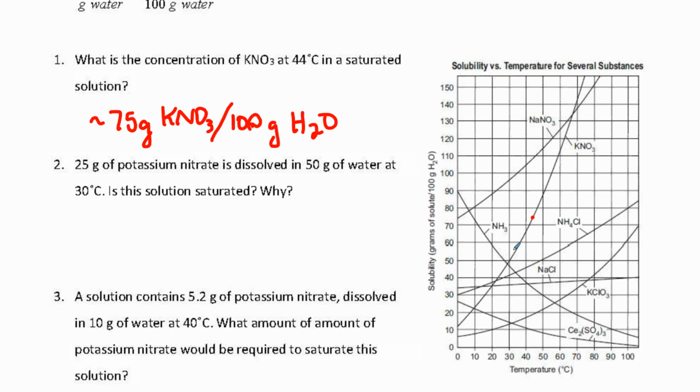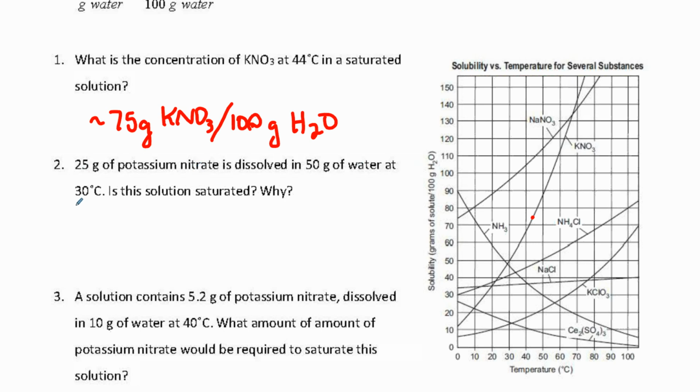Okay, so those ones are pretty easy to do, right? You're just finding the point and then landing on the curve and going over to the y-axis. So that's one possible type of question. Here's another question that I was referring to, where we're given an amount of water that the graph does not depict. The graph is showing us the solubility if we have this much water. If we don't have that much water, we need to adjust to 100 grams of water before we can read the graph. So to do that, it says 25 grams of potassium nitrate is dissolved in 50 grams of